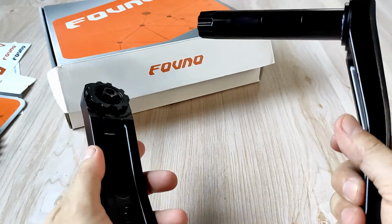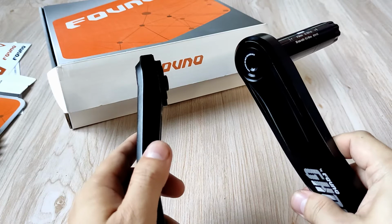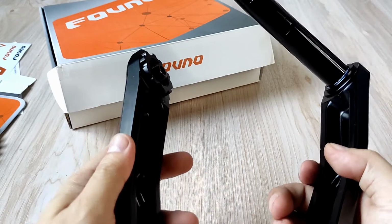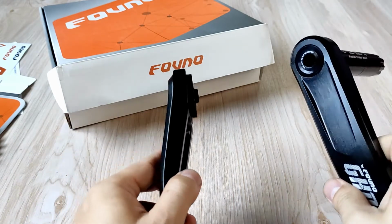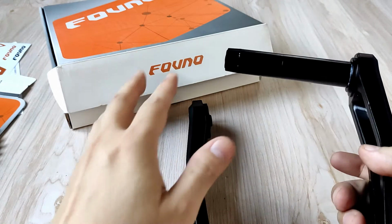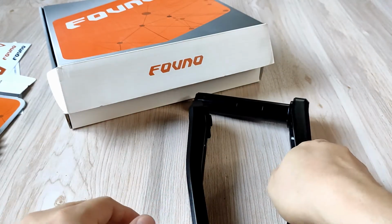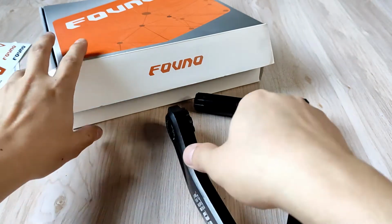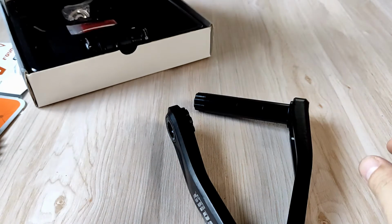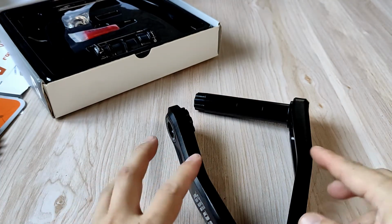So next time I'm gonna make another video. We're gonna put this up to the test and see if we can go toe-to-toe against the Shimano XTR. I think I have the M9020 with me, so I already removed the chainring and I'm kind of excited. I'm having goosebumps right now. It's getting cheaper and cheaper, I think, for bike parts right now, except for Shimano, which the prices are going up. So again, this is just my simple unboxing of the Fovno